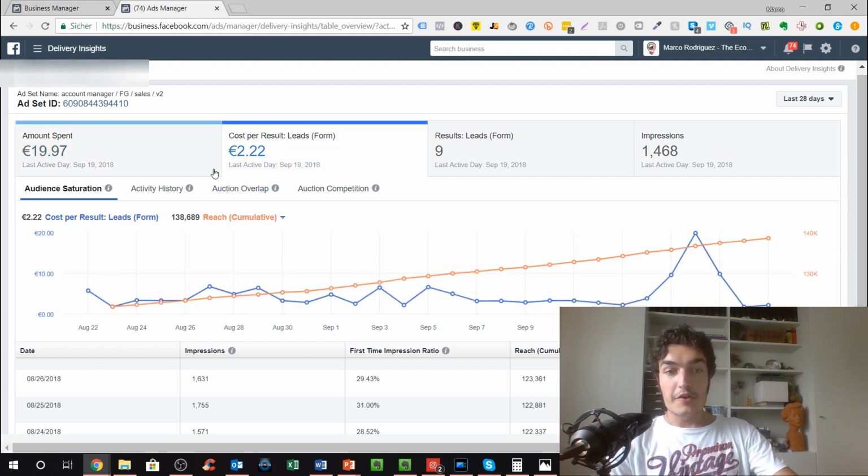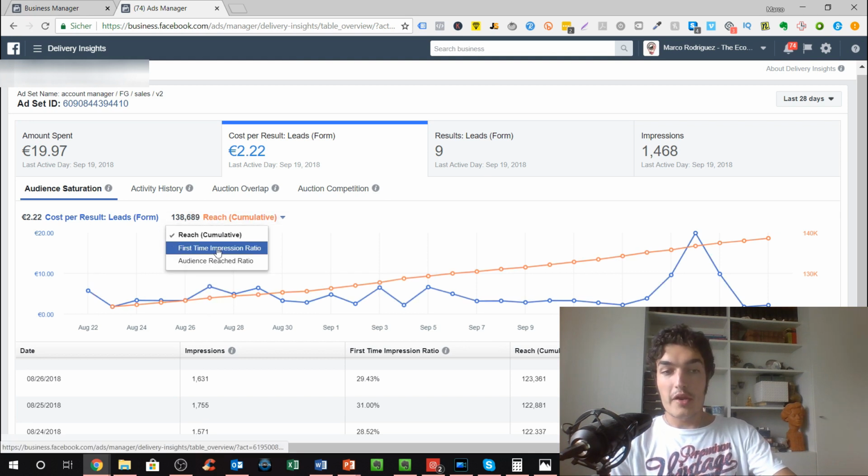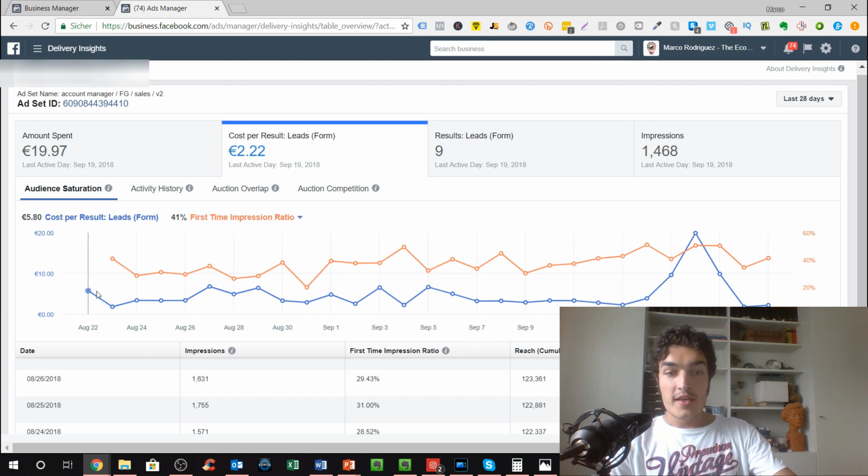Another very interesting part here, of course, is the cost per result. And we see here, the cost per result of the lead. We can again compare it to the first time impression ratio. And here we see some pretty decent correlation. This goes up and things like that. Nothing too fancy. Here we had a spike, very expensive, but it didn't really correlate with the first time impression